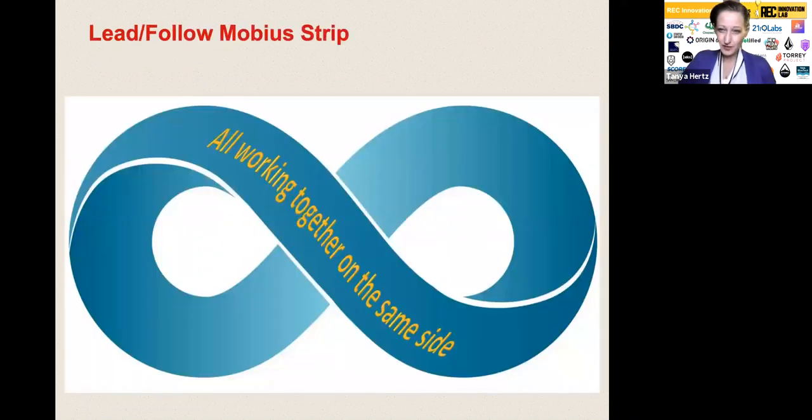So, did you guys ever do a Mobius strip in school? I think I made one here. A Mobius strip is something you might have done in your math classes. Here, let me change my background so I can show you. A Mobius strip is a strip of paper with one side, right? A piece of paper that has only one side to it, and it goes on and on and on. And if you were to take your finger and